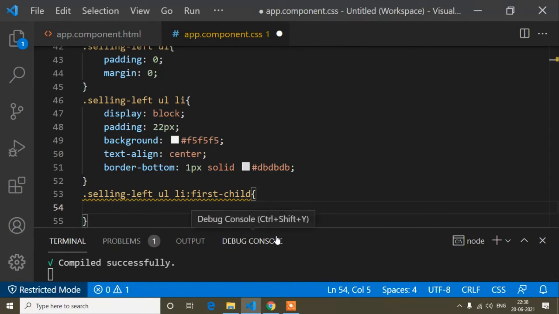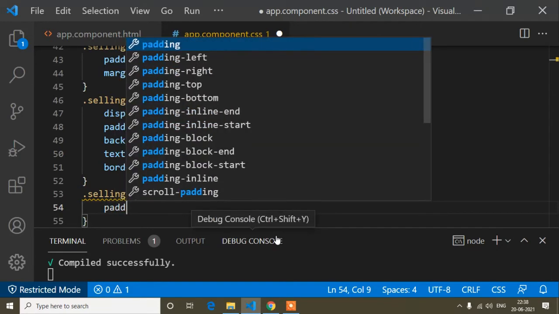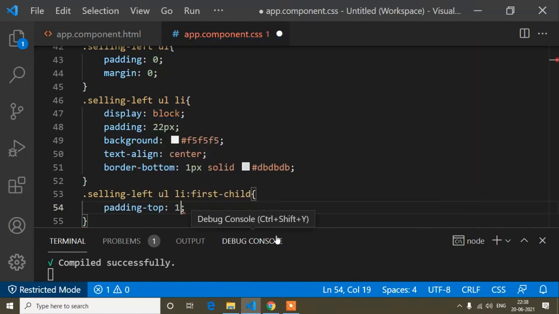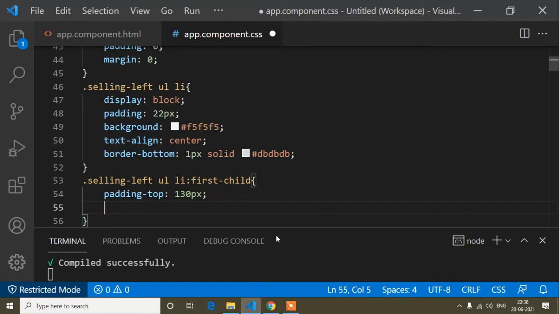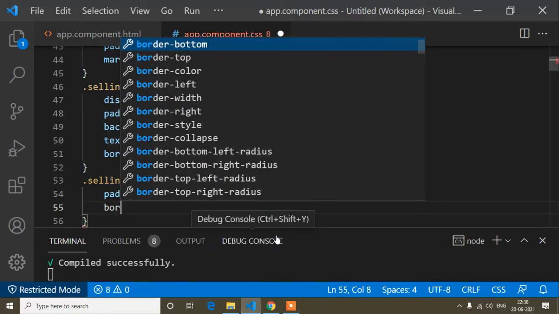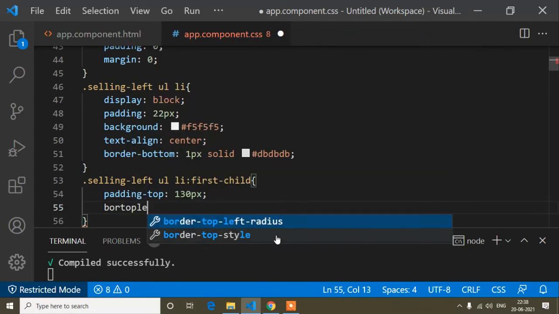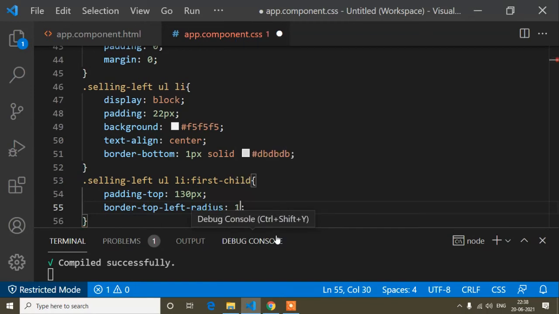So the padding top I will add for this first li tag, so 130 pixel, and now here I will write border top left radius is 10 pixel.